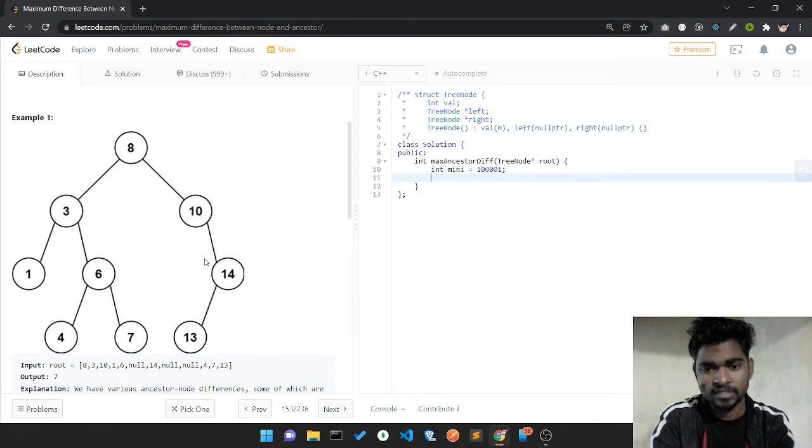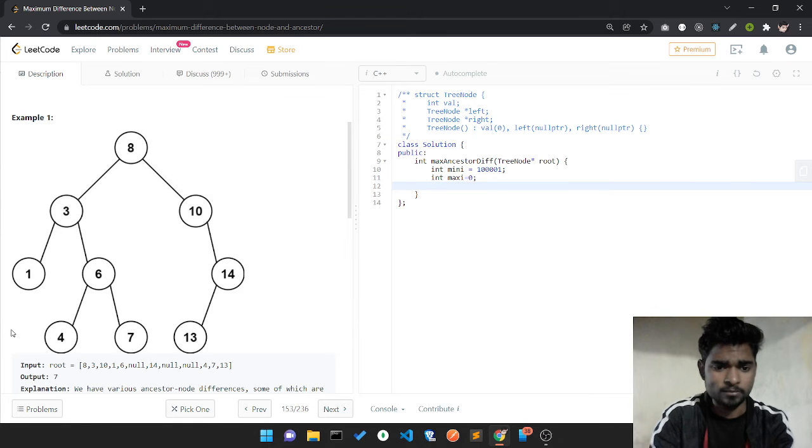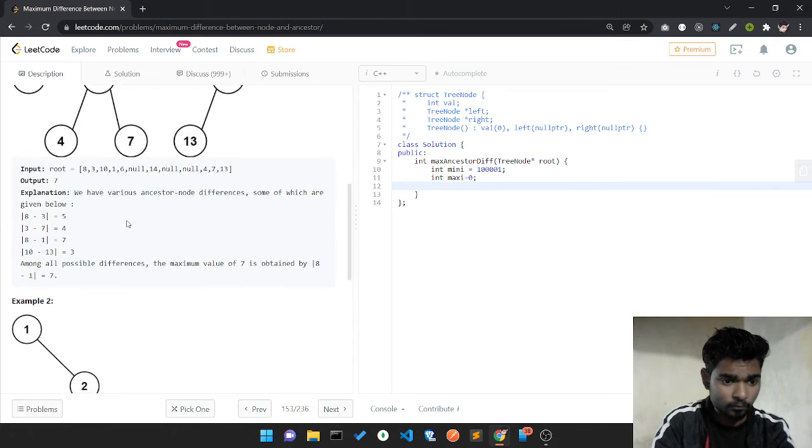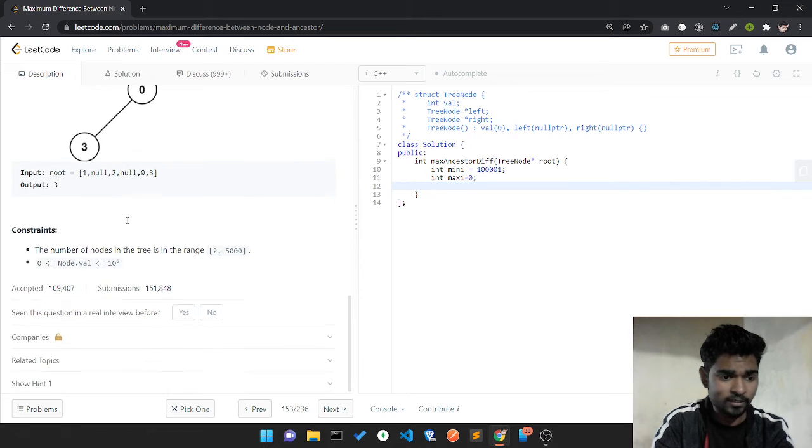So I'll make mini int max 1 and int maxi equal to 0, because it's the smallest value I guess, but let me check the constraints.